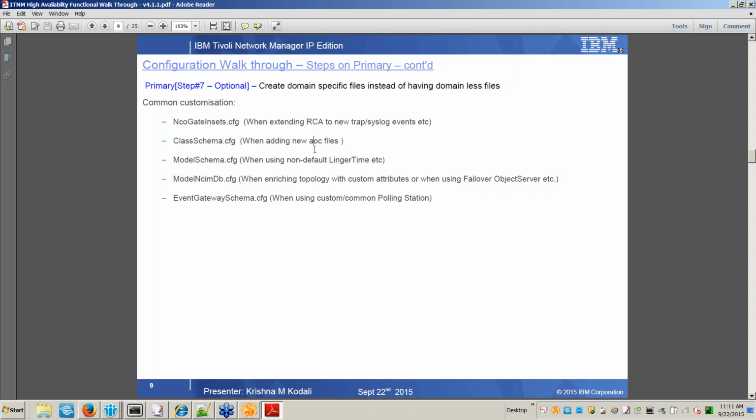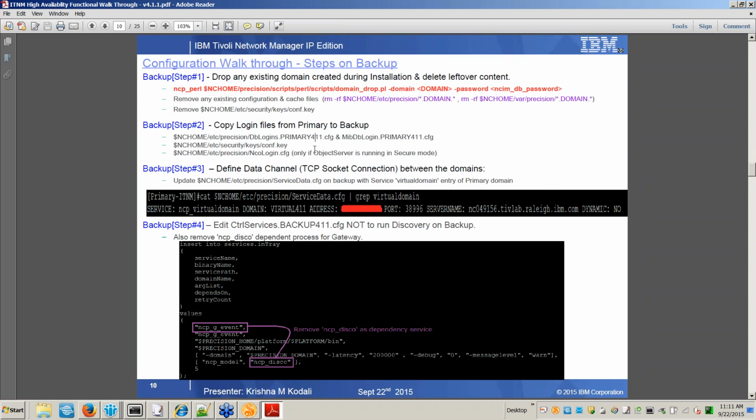That completes the primary steps in terms of the configuration. When you come to the backup, typically when you do the installation, it will ask you to define a domain name, and you define whatever you call it, say XYZ, whatever it may be. You define the domain name and the domain gets added. When you are making that specific server part of the failover, the first step you need to do is drop the domain